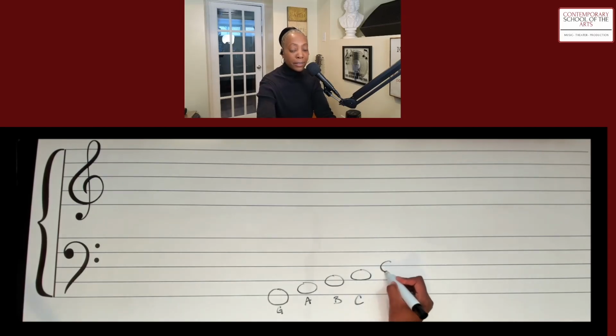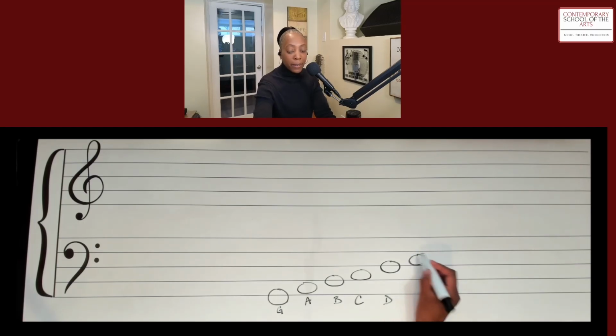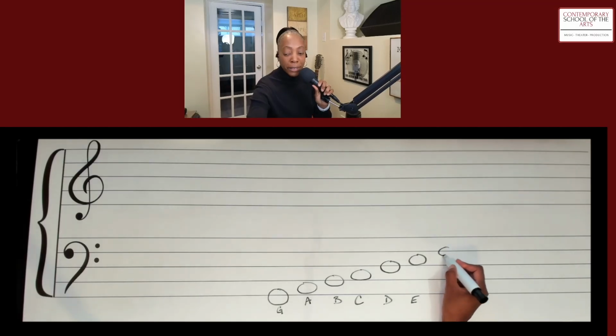So let's just quickly do that. So this is note G. This note would be note A. You remember this note would be good, B. Okay, and this note would be C, good, and keep going. This note would be D. This note would be E, and the 4th line,